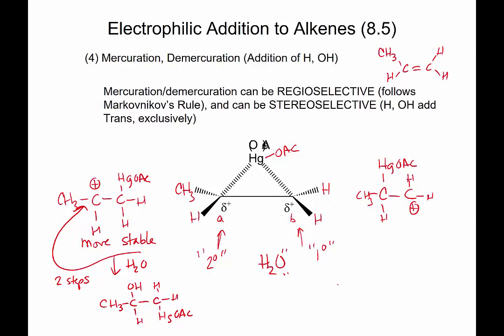The secondary. That means that the secondary is going to be able to have the most delta positive charge. And so the water's going to add then to the carbon with the most delta positive charge. It's going to add to A. And what happens here? The pair of electrons then goes to the mercury. So that in the end,